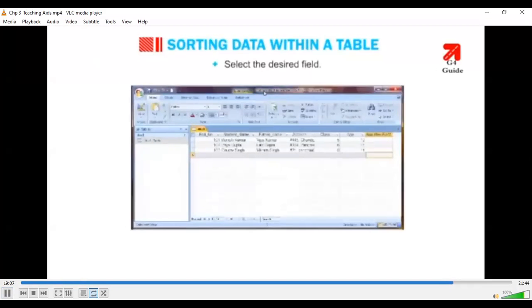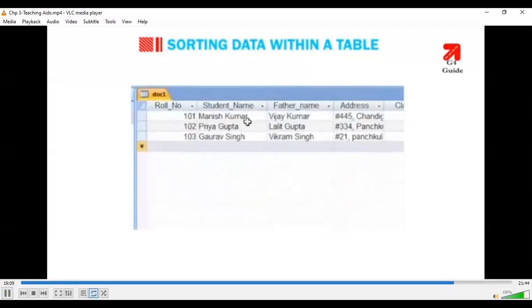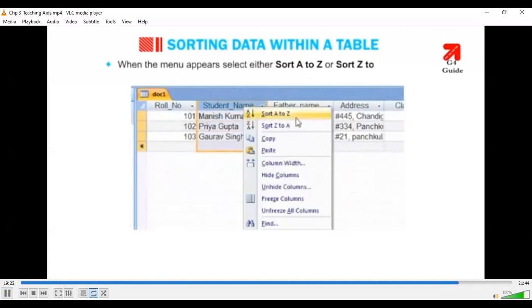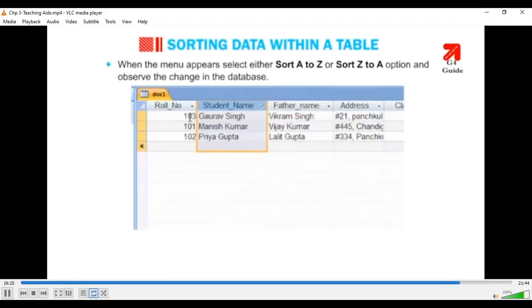Select the desired field. Click the drop-down arrow at the bottom of the field you wish to sort. When the menu appears, select either Sort A to Z or Sort Z to A option and observe the change in the database.